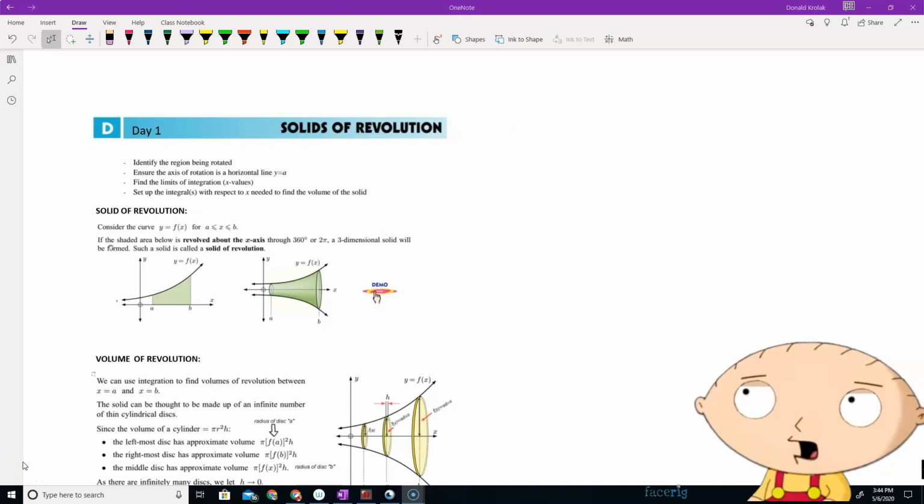Welcome back. Today we're going to continue with our area under the curve discussion using integration and use it in order to find the volume of a solid. So for example, if we consider this curve y equals f of x,